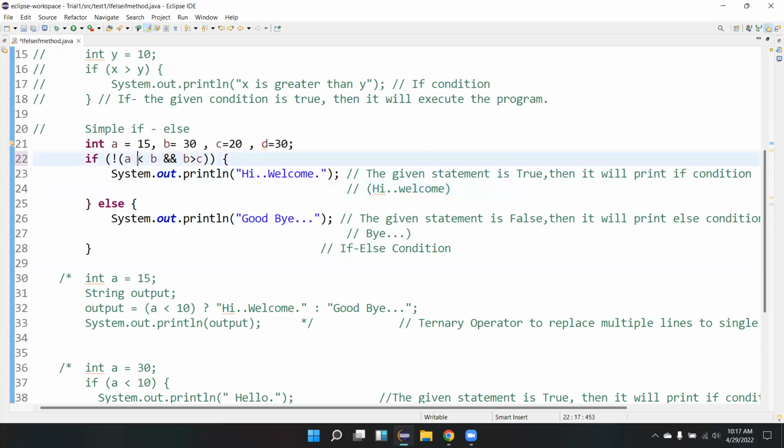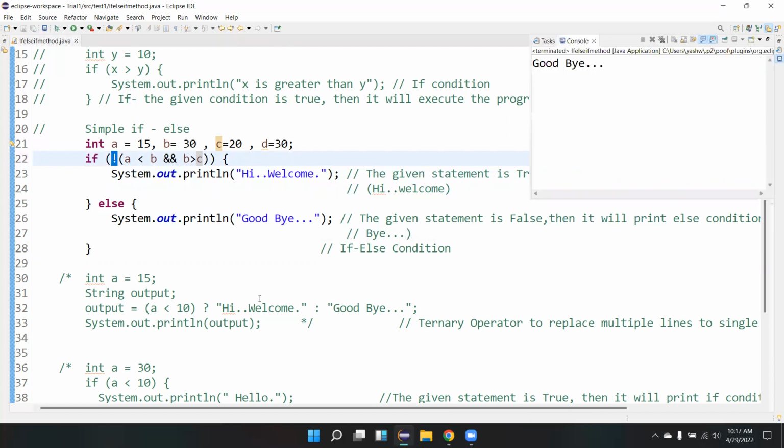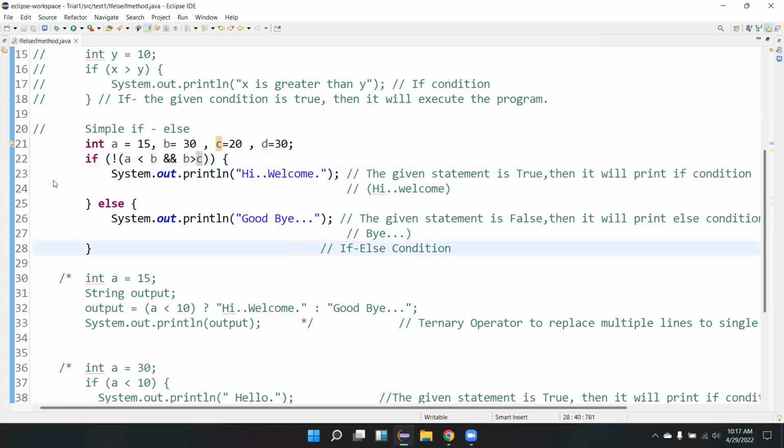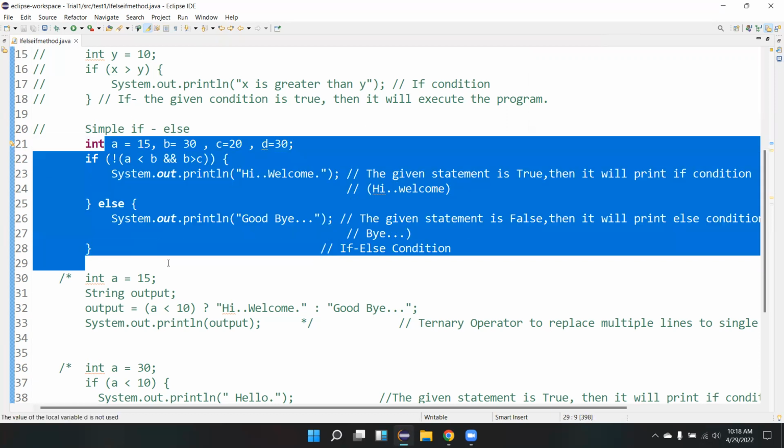Because now this is true, this is true. Now overall, this is not. Let's see. Got it? Yes. So this is how if conditions work. Now you need to play around with the conditions. Don't play with greater than, less than, that is very simple. Give some more conditions and see how this works, and then do it. Then you will understand these if conditions very clearly.